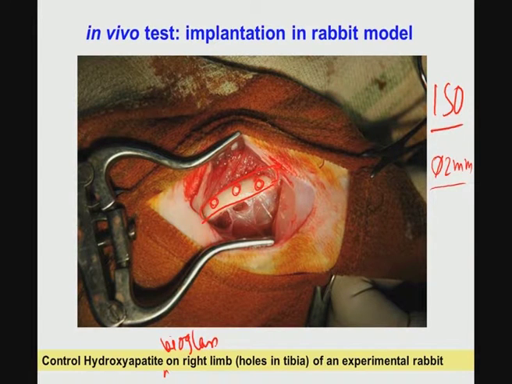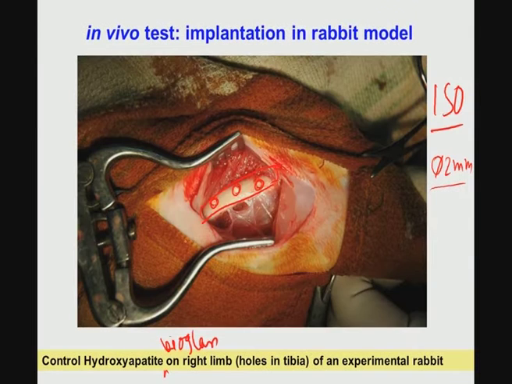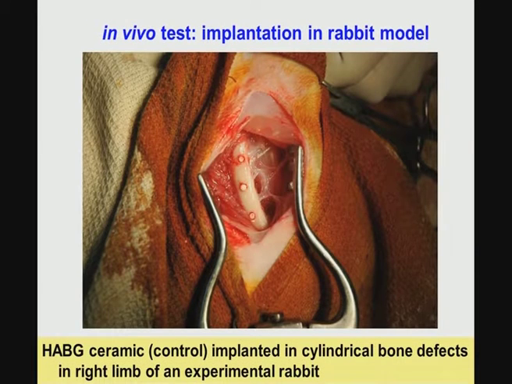In every animal testing or preclinical experiment, I have explained to you before with sufficient details that you have to use some control implant. The use of the control implant is to make sure that you implant the control implant in the same animal itself, so that you can compare the osseointegration behavior of a material which is already proven to be biocompatible with that of the test implant. In the present case, the test implant is your 100% strontium substituted silica alumina phosphate glass ceramic, and your control implant is that hydroxyapatite bioglass material.